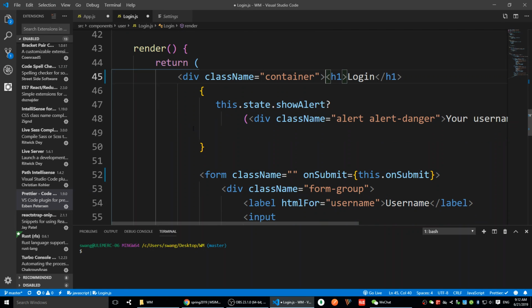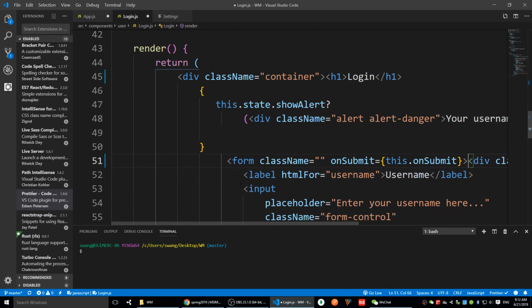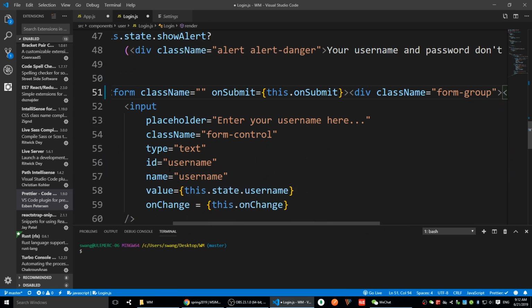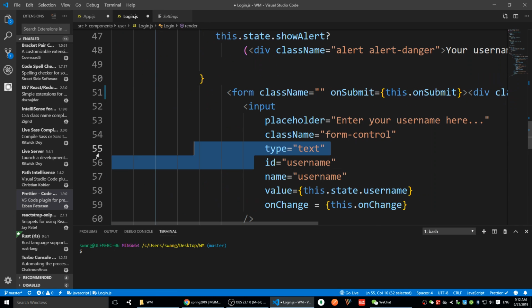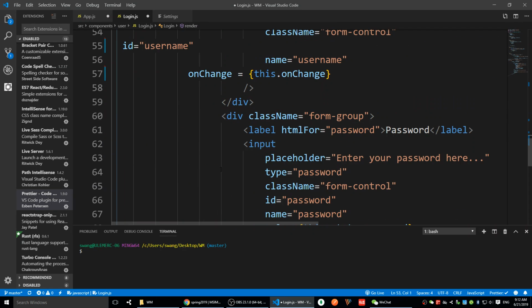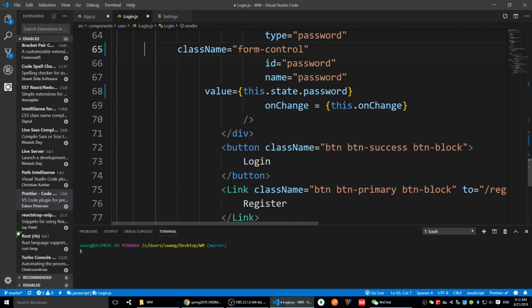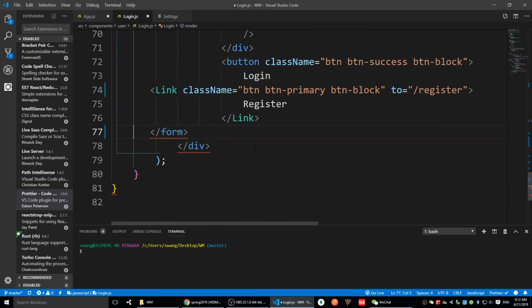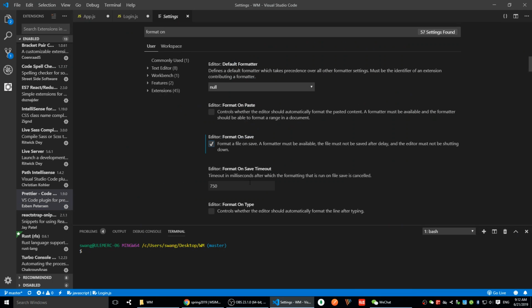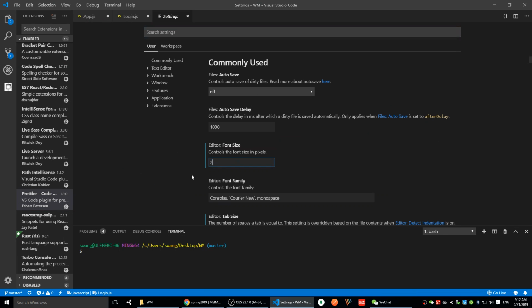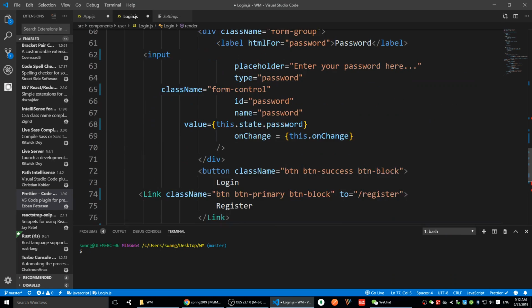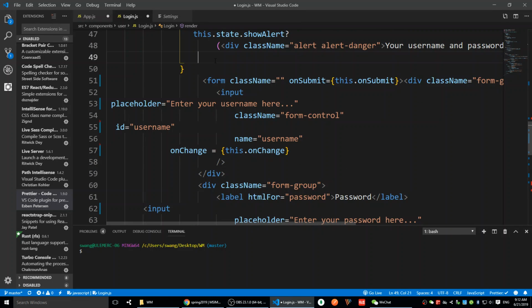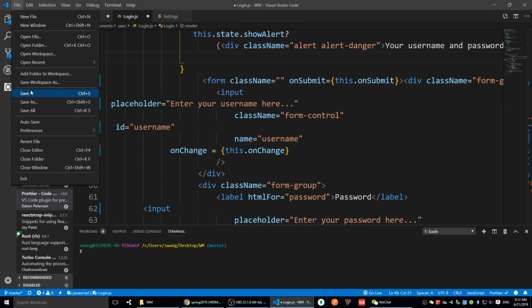If I break the indent, make it really ugly, like something unreadable, I don't like it. If someone comes to read the code, they cannot read it. Let me make its font size small, it's too big. Right, so it's really hard to read. But once I save the file,